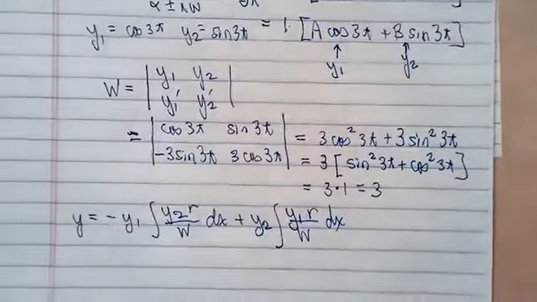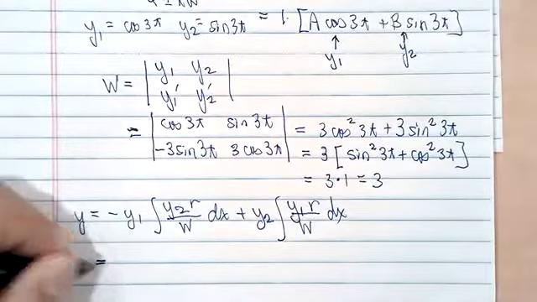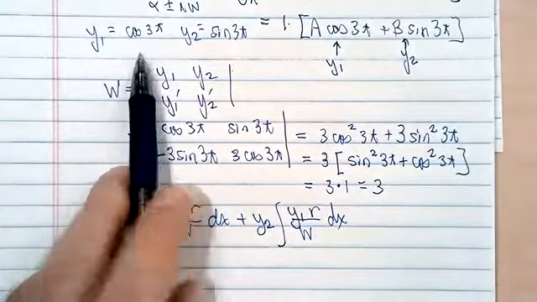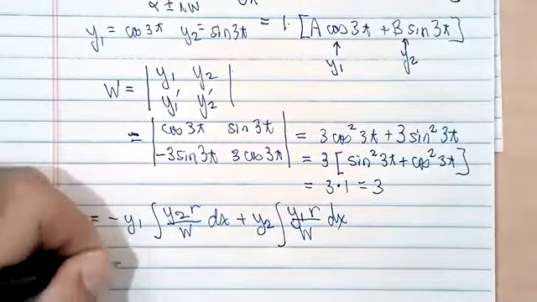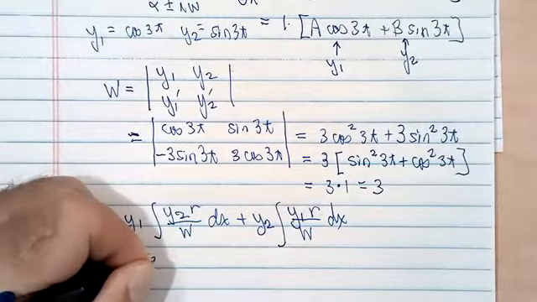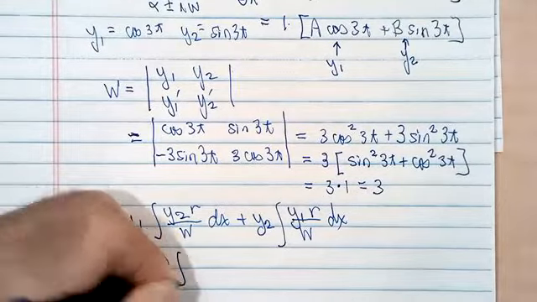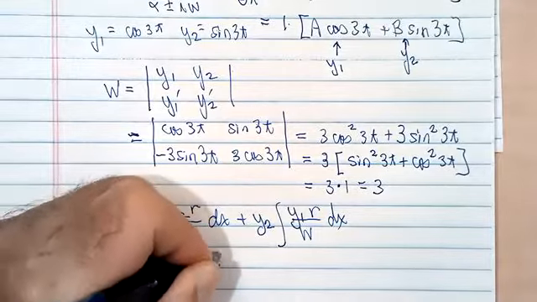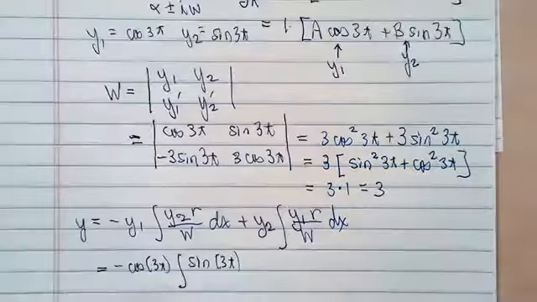All right, y1 is cosine 3t, minus cosine 3t integral, y2, that's sine 3t,